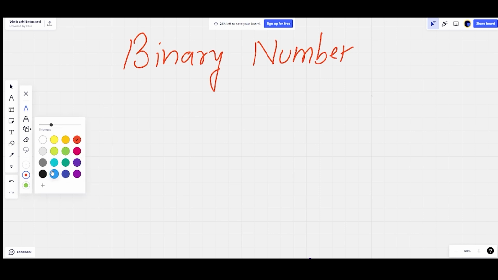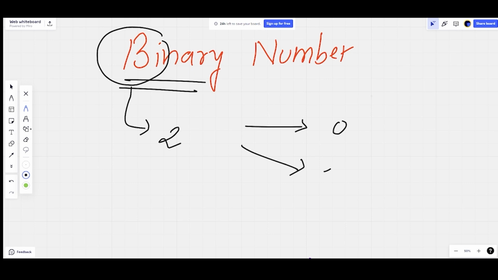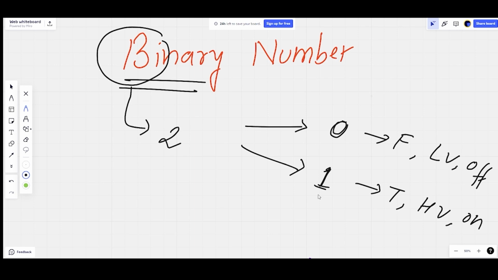Before we move forward, we have to know what binary means. Bi means 2 in simple words. I'm pretty sure you may be aware that computers work using two numbers, that is zeros and ones. 0 you can say as false, or low voltage. 1 is called true or high voltage. Sometimes these are called off and on as well. So these are the two numbers, zeros and ones, through which a computer works, and every action and every function in your computer performs only because of these zeros and ones.